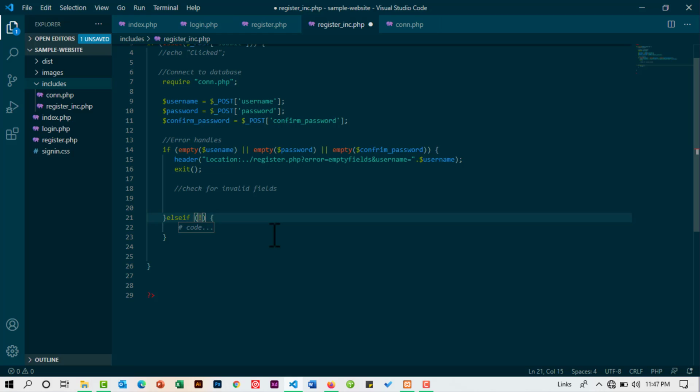So I say exclamation mark, then preg_match, and what I want the user to fill is these characters. So opening and closing quotes, the forward slash, that symbol there,